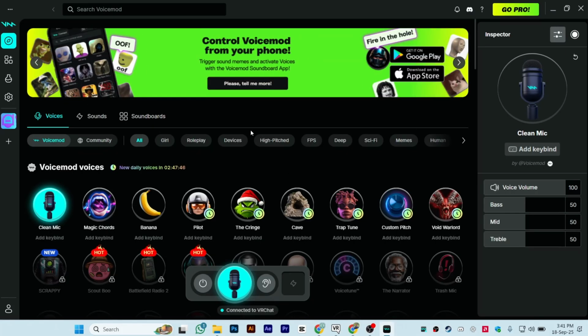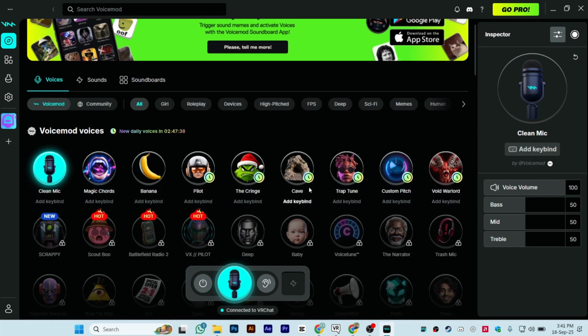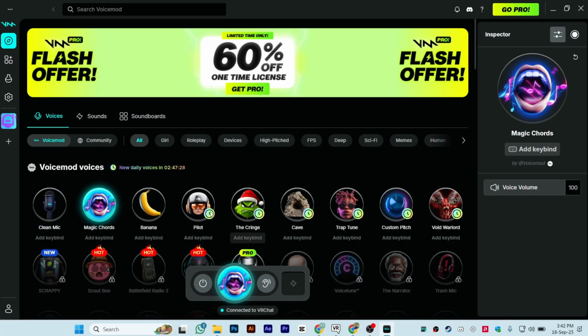Now from Voicemod, make sure to select the voice filter or voice changer that you want to add, like a banana or pilot or magic chords. Some of them are free or locked, which you can buy with the premium subscription, and use the voice changer. And once you have selected the voice filter from here, let's say this one,